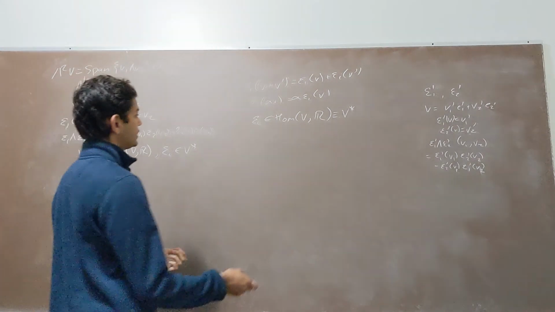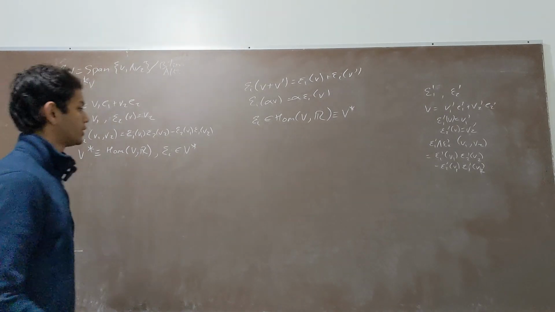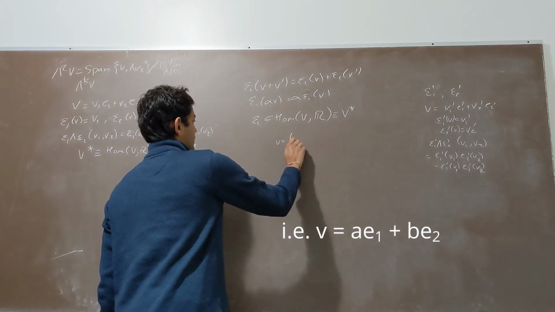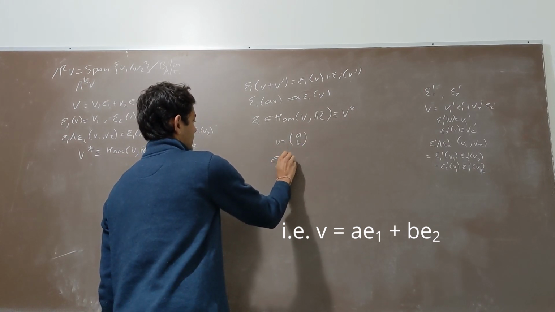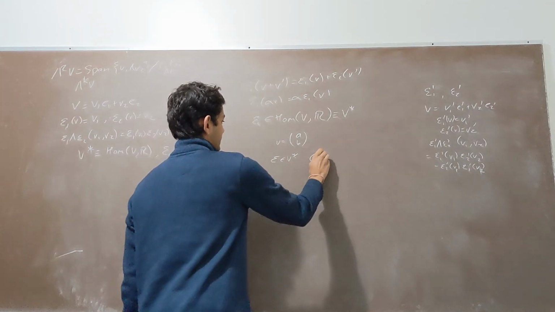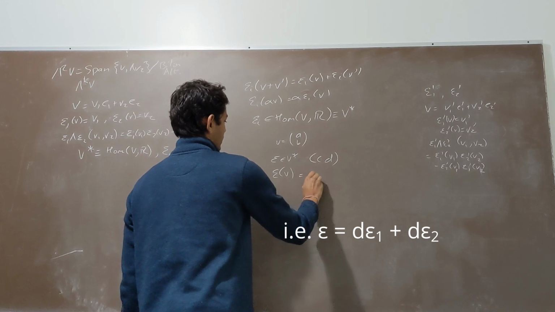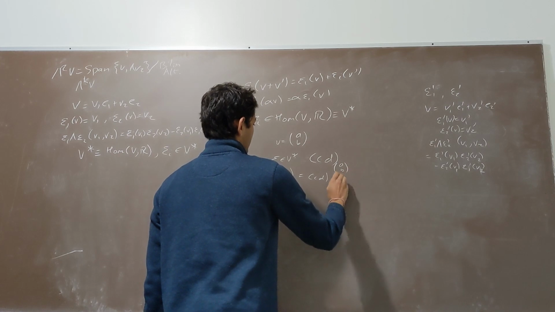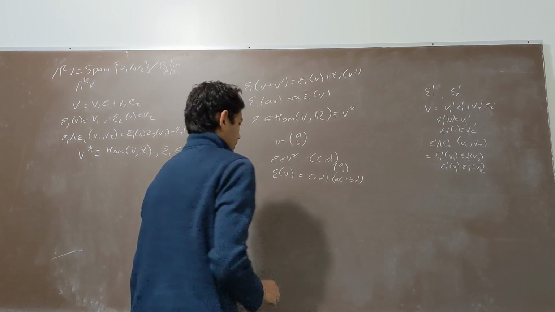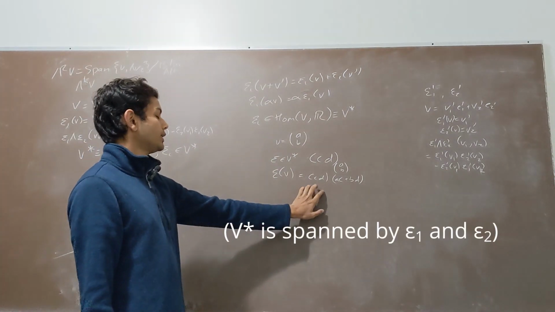And the way to do that is basically all elements of the homomorphism from V to R must be of the following form. If you have some vector v equal to (a, b), then any epsilon in V dual is of the form (c, d). And then what you have is that epsilon of v is the multiplication of this row vector (c, d) times this column vector (a, b), and then you get the quantity ac plus bd. And so here you have, basically, that's saying that the dual vector space is represented by row vectors,